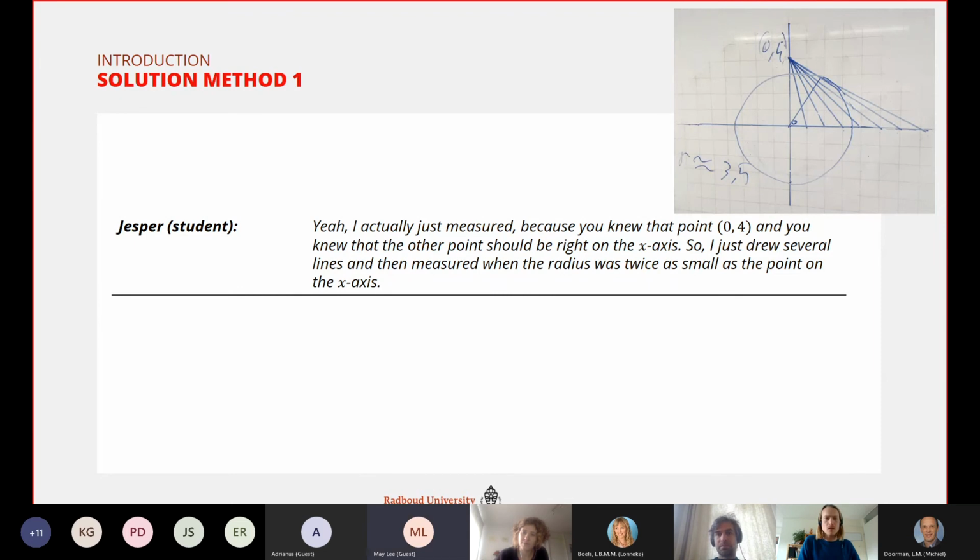A different idea? Rogier, you have your hand up as well? Yeah, just more open. You could ask the students what they think of this method to evaluate the approach. And hopefully then the students might say, hey, but I found ways to be more precise. Maybe they can; you don't know if students already realize that this is not an exact answer. So as a teacher, you have the opportunity to find out whether students make a difference between exact answers or measurement. Right. Any response to that? No. Okay. We're going to continue